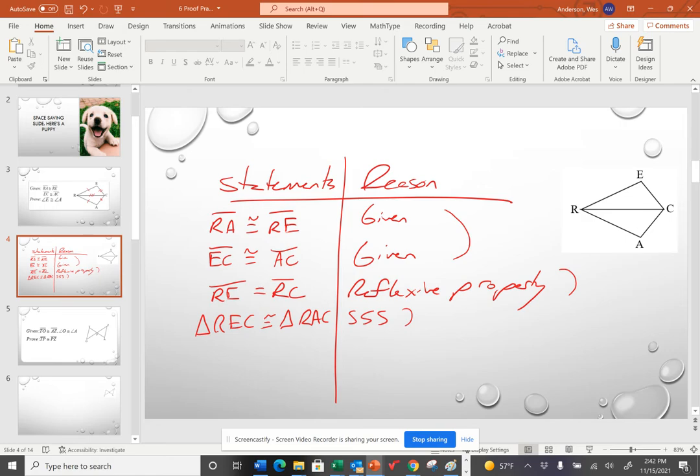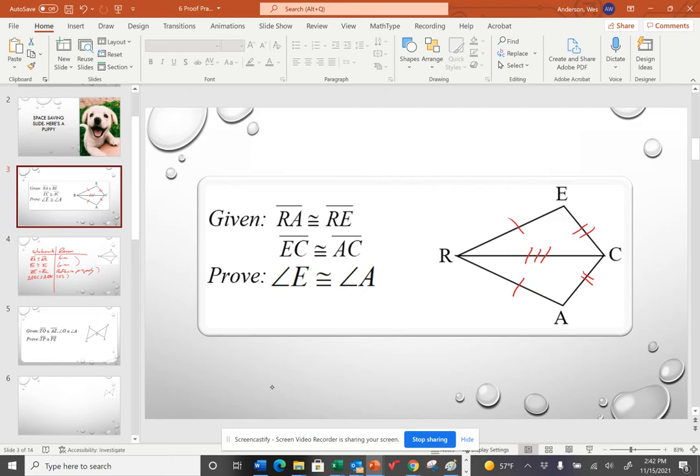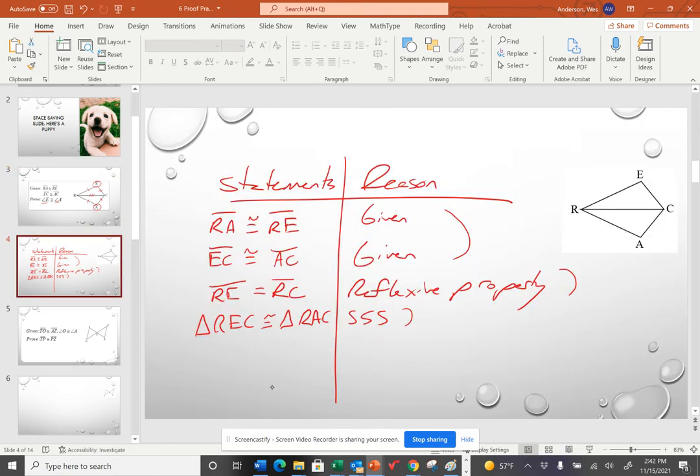We're almost done. So the last part is this. They ask us to prove is angle E congruent to angle A, this angle. Well, yes, they are, because we know the triangles are congruent. If the triangles are congruent, all their corresponding parts must also be congruent. So I can now say that angle E is congruent to angle A by CPCTC,